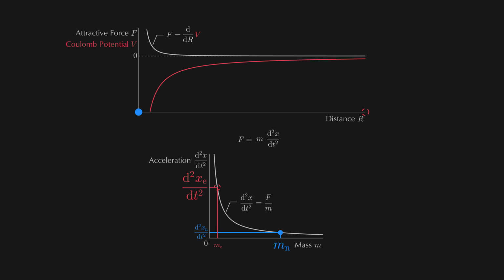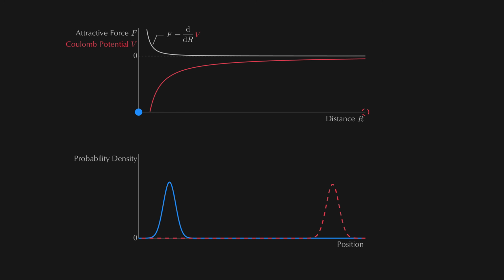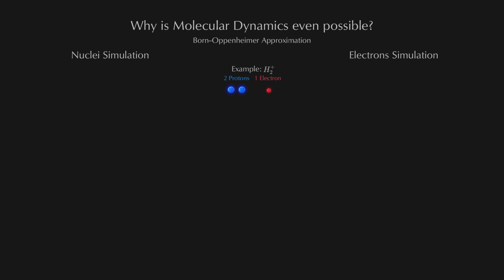This works equally well in a quantum mechanical perspective. Here the probability of detecting the electron changes way faster compared to the nucleus probability. It all looks as if nuclei and electrons live in two different worlds, at least motion-wise. In this sense, the computational treatment of the motion of multiple electrons and nuclei can be decoupled, as if they live in two different simulations and they only interact in a mathematically simplified way. The nuclei do wander around as particles and provide possible fixed positions for the electron simulation. The electrons in return take these fixed locations and provide potential energy values from which the forces between the nuclei can be derived.